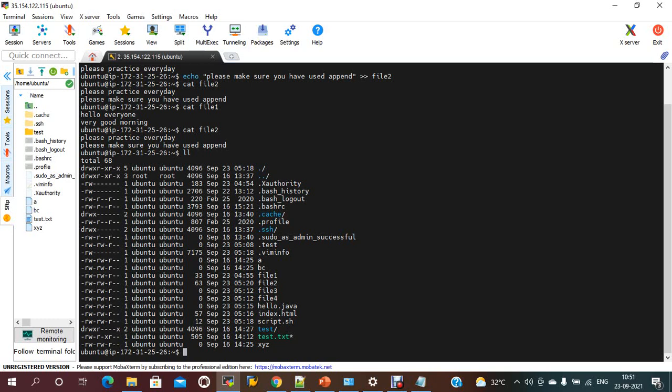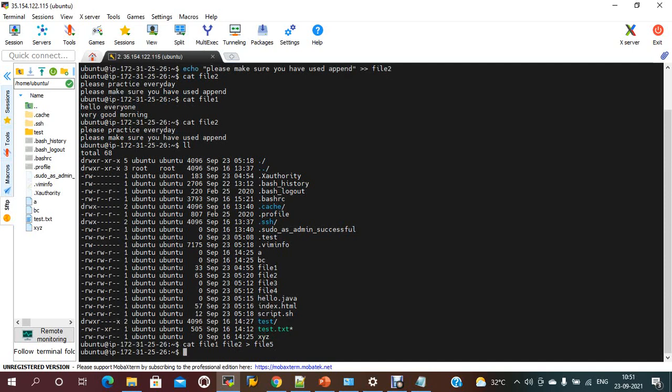Cat file 1, file 2 to file 5. This would create the file, followed by file 3, and the content should be inserted.